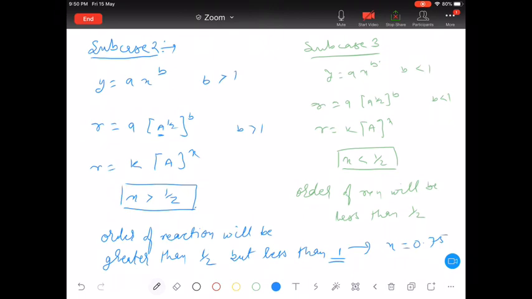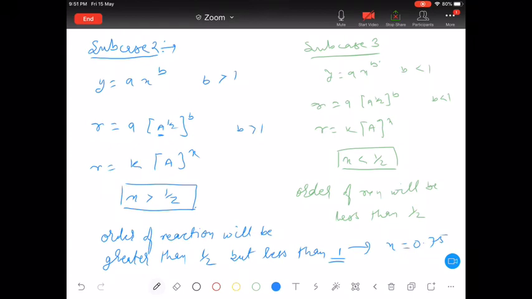Again 3 possibilities will be there. Either a straight line passing through the origin, y is equal to mx. In that case I can clearly say that the order of reaction will come out to be 0.75. But again if an increasing curve I obtain, then I'll say the order is greater than 0.75. Already we say that it is less than 1. Correct or not? Again, if I obtain that kind of curve, then further iteration will be required.